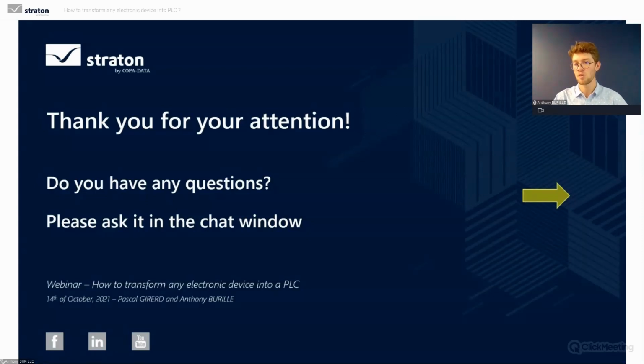But Codesys is able to export the programs in the PLC Open standard XML export format, and we can import it in Straton. Not everything, again, because some specific things are proper to Codesys, but most of the things are imported in Straton. So doing the merge from Codesys to Straton, it's not that hard. Of course, it always depends on what you did in the Codesys application, but it's possible. A few of our customers already did that.